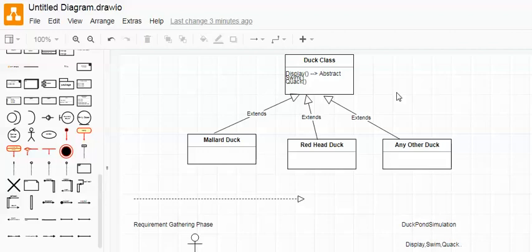Then we may have different subclasses, or different varieties of ducks. One of them is the Mallard duck, which they explain in their example, and one is the Redhead duck, and there could be any other varieties as well. With this approach, the developer wanted everything put in a single class. This is the first design idea he came up with, and let's see in the next tutorial how this design